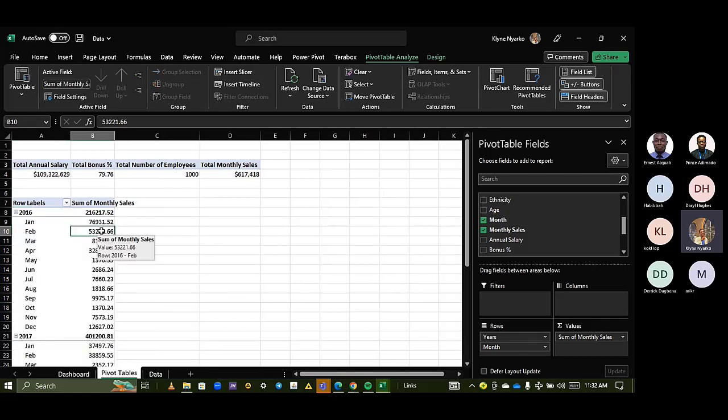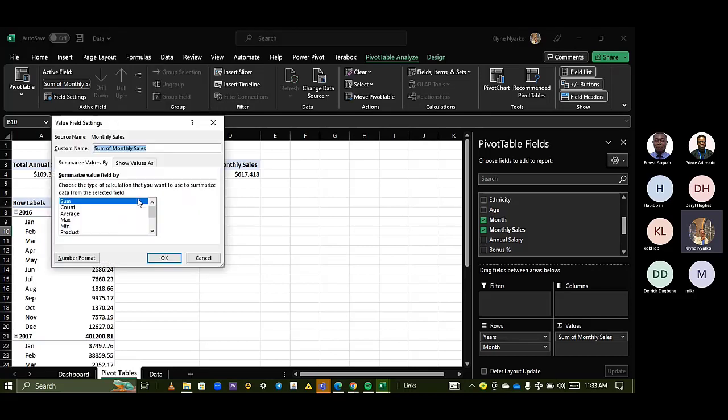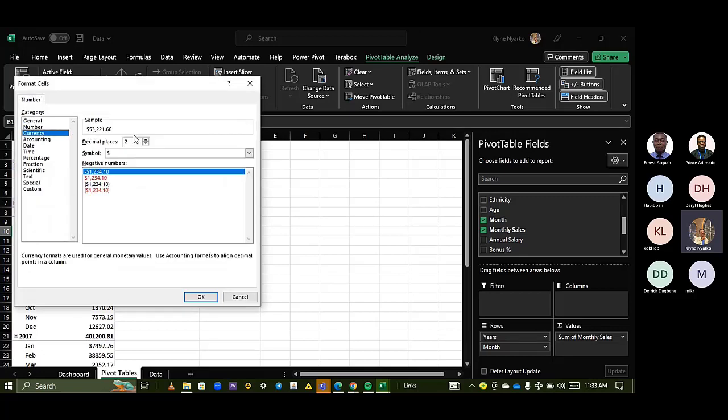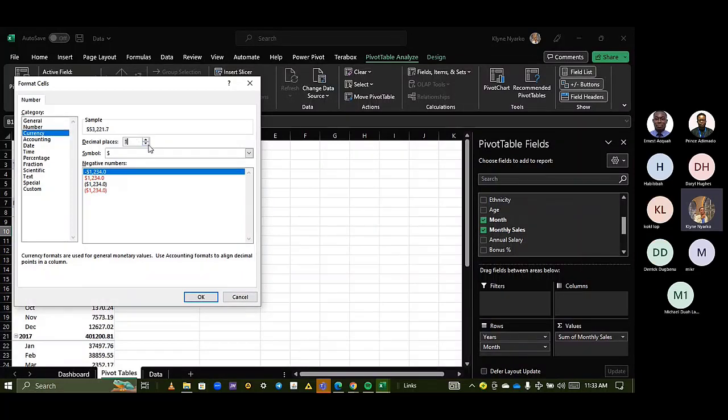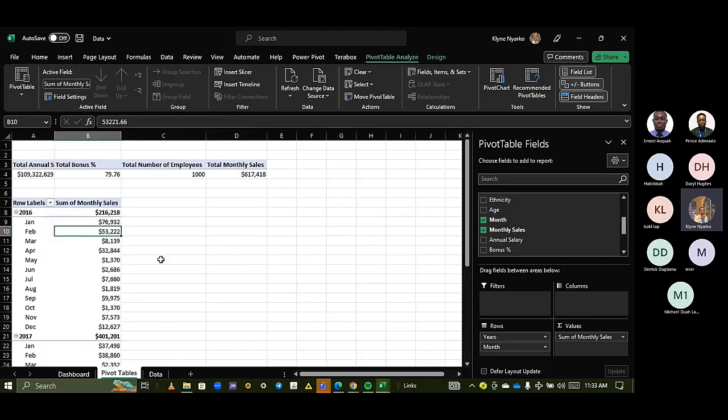But we are still not done because the sales is obviously supposed to be in currency. So we can right click here, go to value field settings, go to number formats, go to currency again. We don't want the decimals. So we just click down here and then it's gone. Click OK again. And now we've successfully